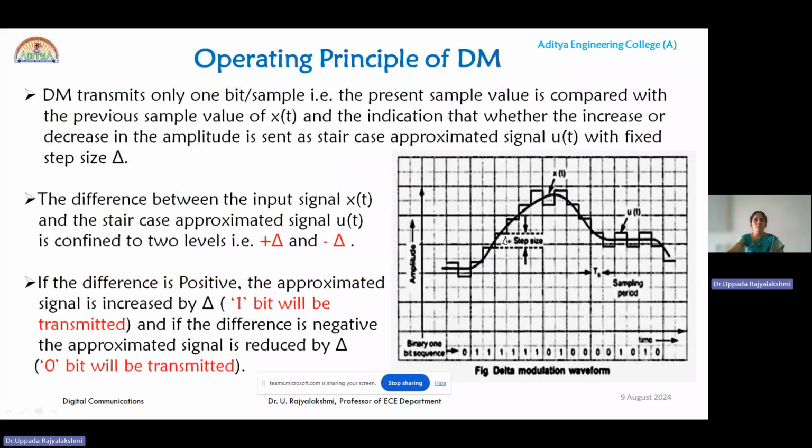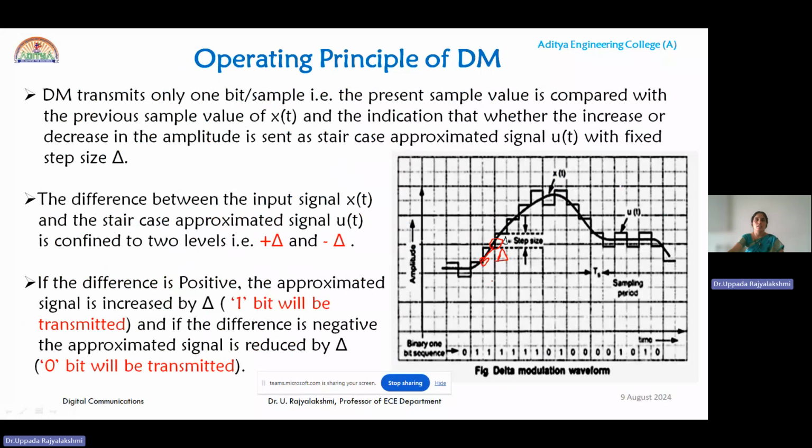Now let us see the principle of DM. Delta modulation transmits only 1 bit per sample. That is, the present sample value is compared with the previous sample. For example, in the figure you can observe this instant and its previous sample instant. You can observe that there is a rise in the magnitude of x of t, that is the analog signal, because if you compare the current sample value with the past sample value, there is a rise in the amplitude. If there is a rise in the amplitude of x of t, then the staircase waveform will increase the